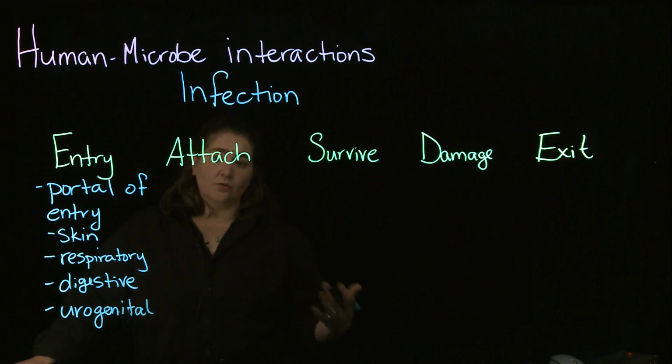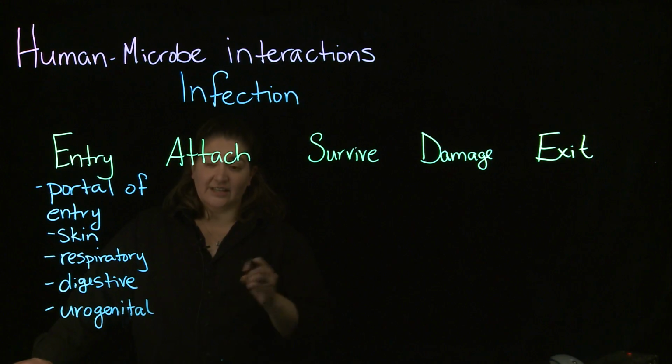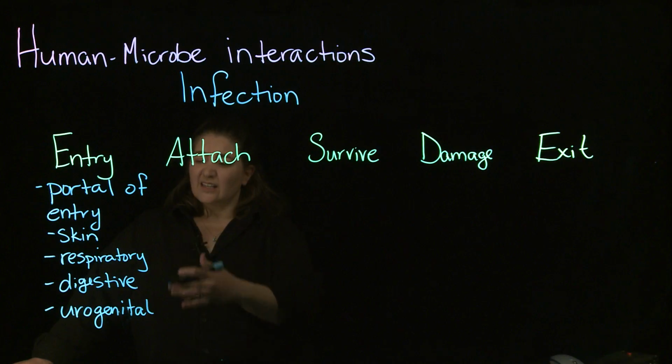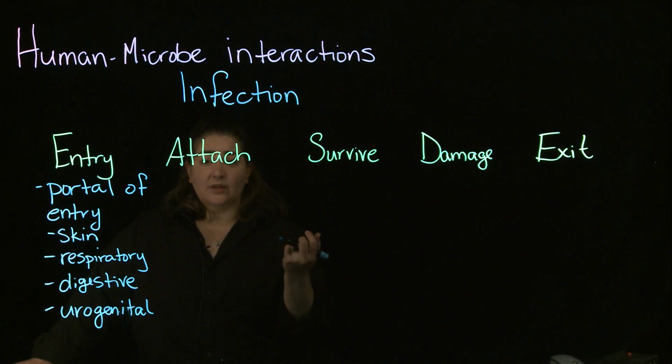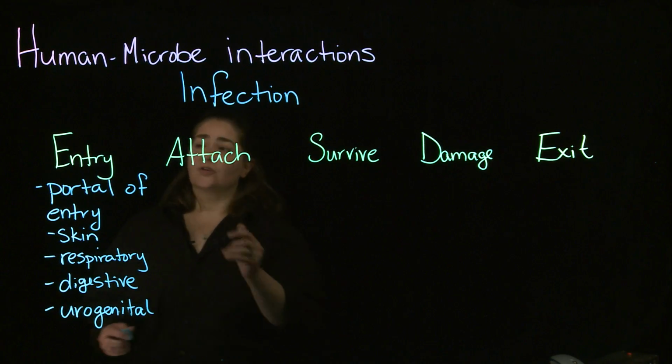The urinary or the genitals can also be a portal of entry, all right? Because essentially those are areas of our body that are open to the environment, all right? Another one that's not on here, the conjunctiva or the eye, the lining of the eye, can be another way that pathogens gain entry to our bodies, okay? So in terms of that, once we've gained entry,